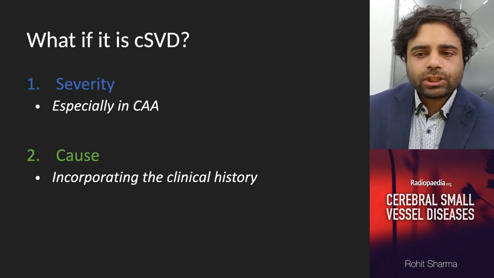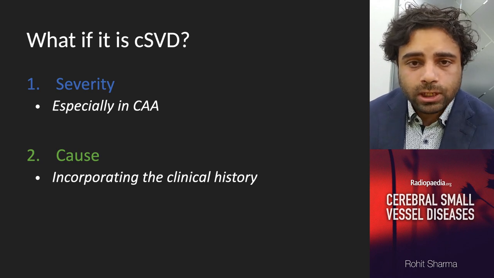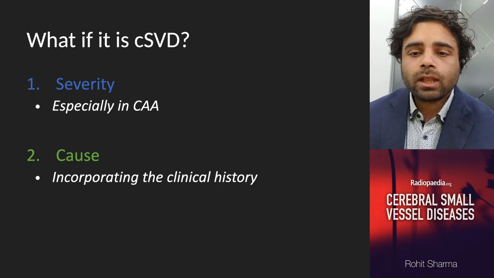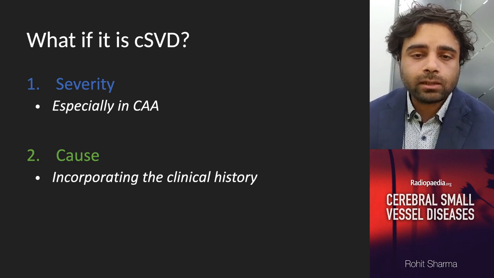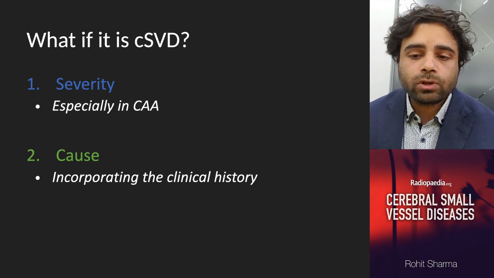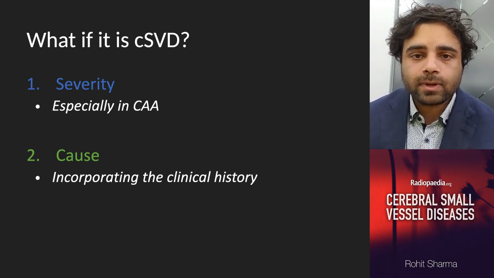So what if it actually is cerebral small vessel disease? So we previously just talked about causes that weren't, but what if it actually is? And what do we want to know as clinicians? Well, I guess we want to know the severity, and that's particularly important in conditions such as cerebral amyloid angiopathy. But we also want to know the cause, and the cause incorporates the clinical history as much as it does